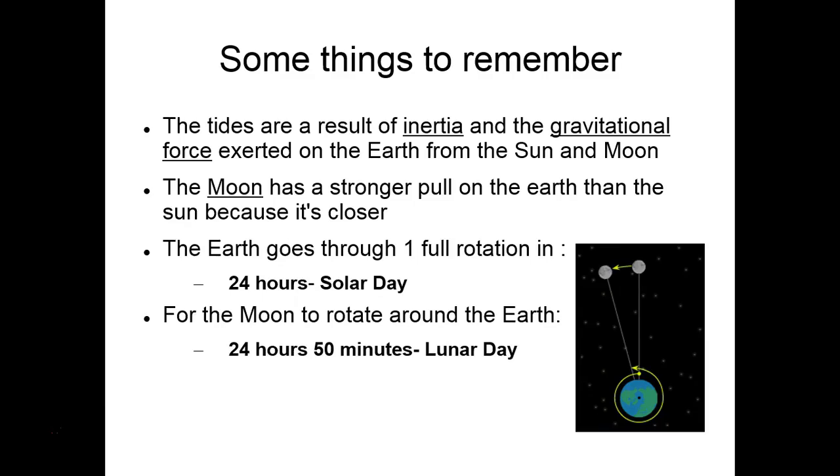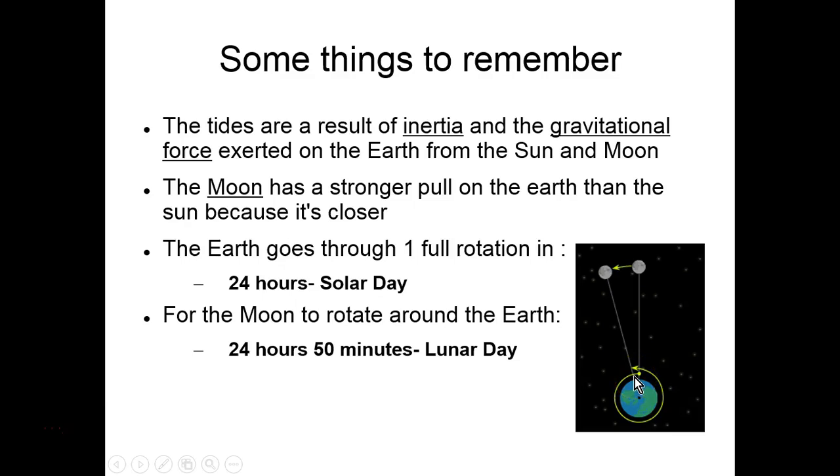But for the moon to rotate around the Earth, it takes 24 hours and 50 minutes. So that's a lunar day, right? Because the moon is moving around the Earth, but the Earth is also moving. So it takes slightly longer for the moon to be exactly under the same position or over the same position that it was